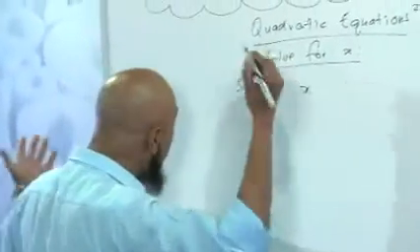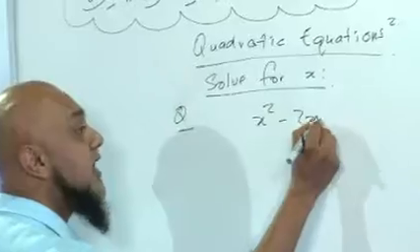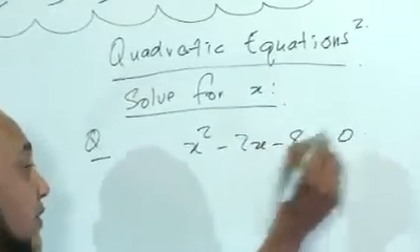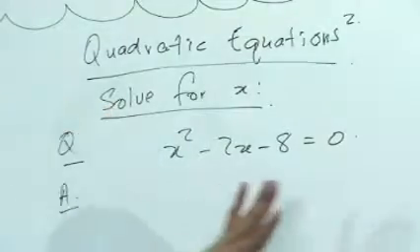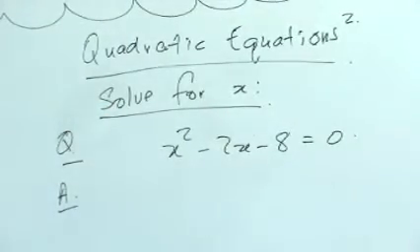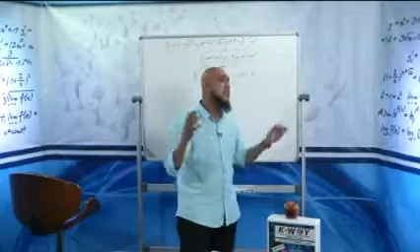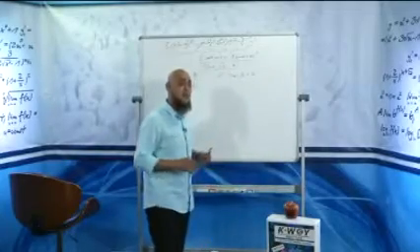If I tell you, let's take an example, x squared minus 2x minus 8 is equal to 0. That's your question in the exam. Solve for x will be worth 4 marks. Now this is very basic. I know you as grade 12s are going to say, Mr. K, why are you starting off with something so basic?